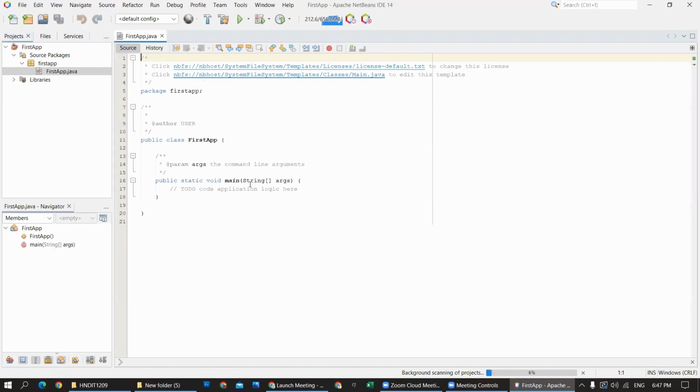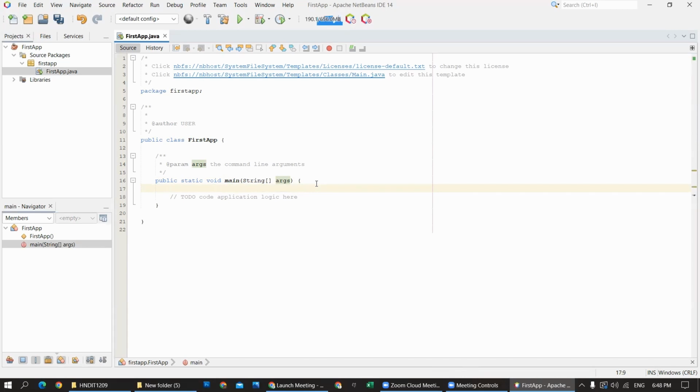Right. So this is the first application. So the package name is first app and the class is first app. You can see public static void main is the main method. Here we can type what we need to do. So first of all, because this is the first app, I will print